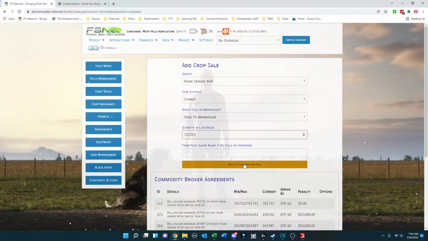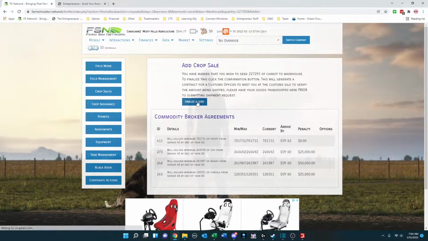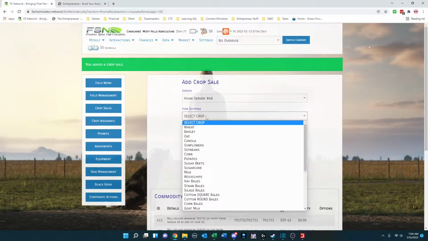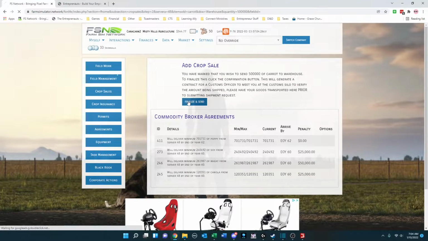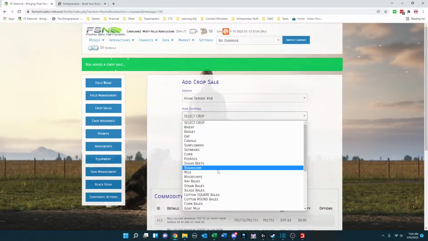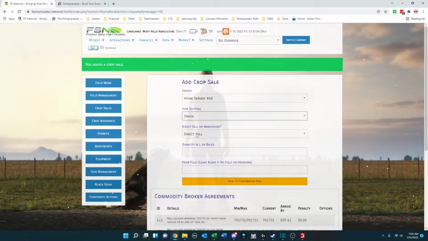So we have 727,000 liters. Oop. Okay, so let's see. 227,293. I forgot we were over 500,000. So we'll do that segment first. Then we'll do 500,000. And then finally, we've got the onion, which is a send to warehouse of